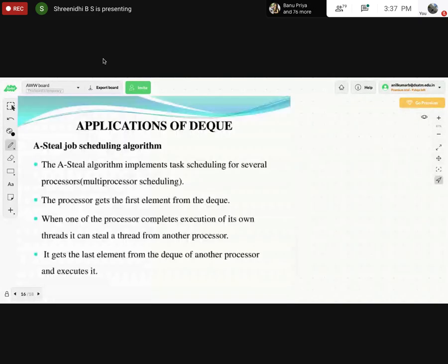And one more very good application is the job stealing scheduling algorithm. This is not in your syllabus, but I'll briefly explain how it works. It implements the task of scheduling across several processors, that is multi-processor scheduling. What do you mean by multi-processor scheduling?